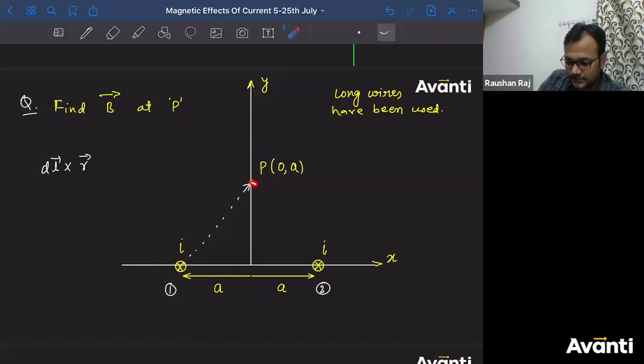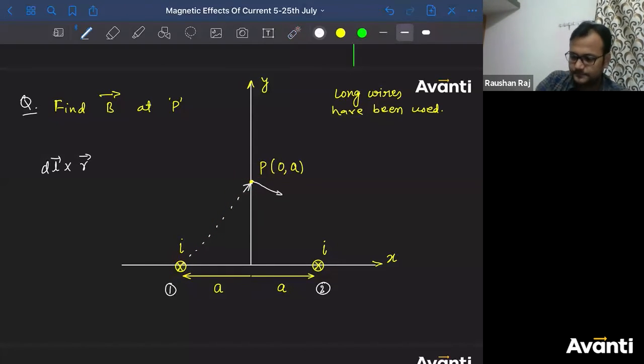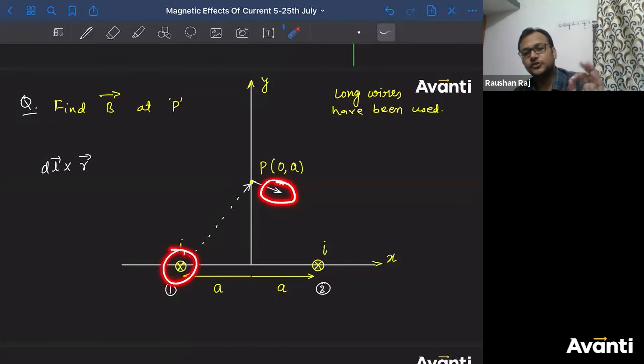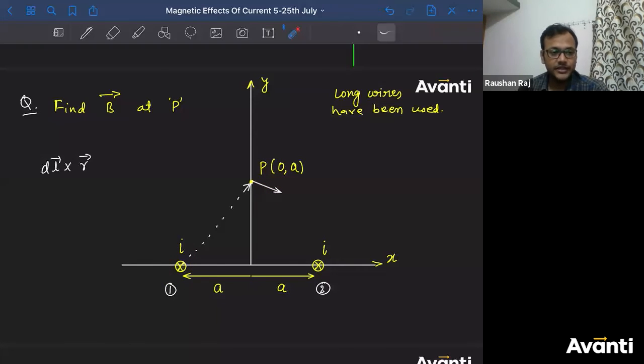इसका देख, perpendicular to r will be what? This direction. Pratish is saying that it should be outward. If this direction will be outward, don't you think that will be anti-parallel to dl? So those who are saying direction can be into the plane or out of the plane, just think about it. If you are saying the direction of the magnetic field will be into the plane, then don't you think the B will be parallel to DL in that case because DL is also into the plane?